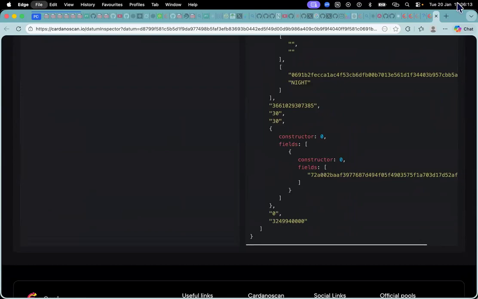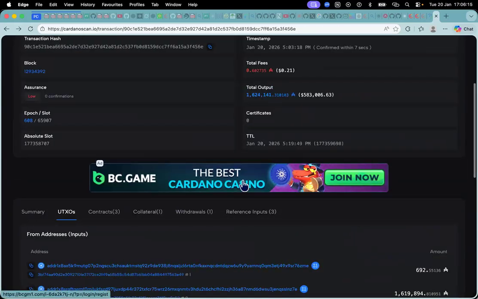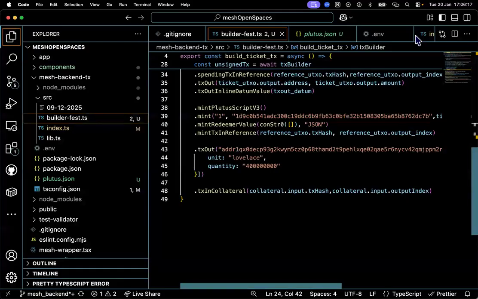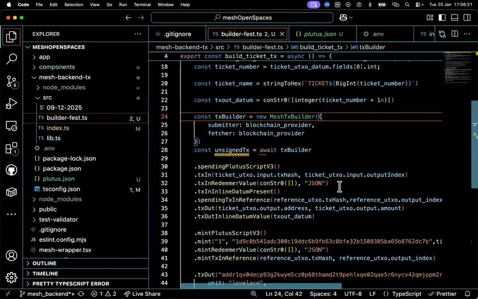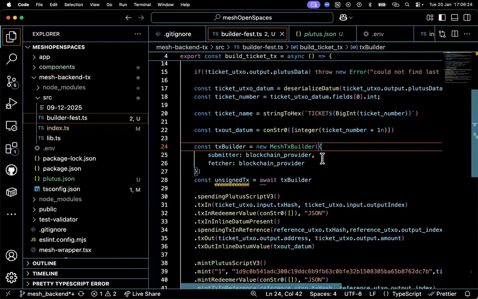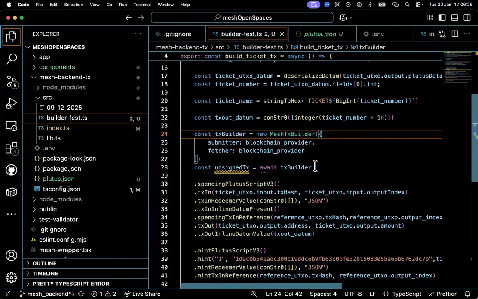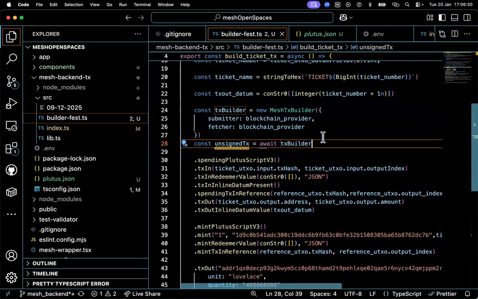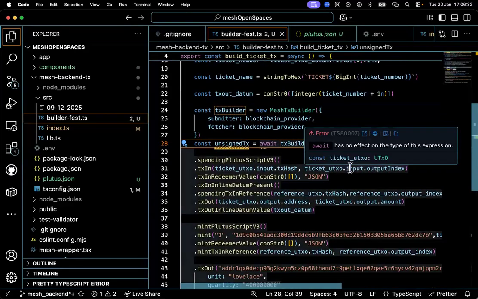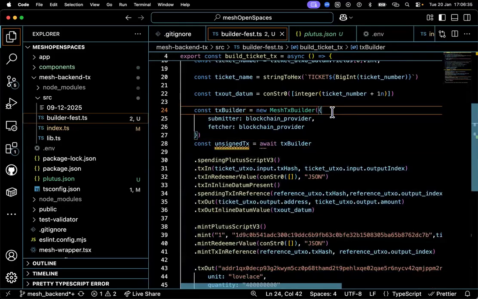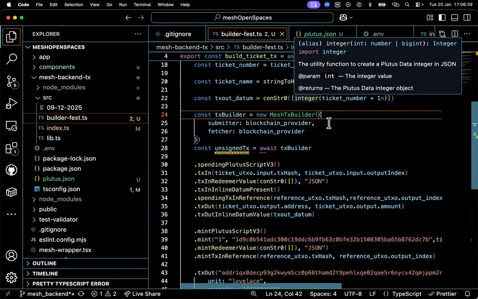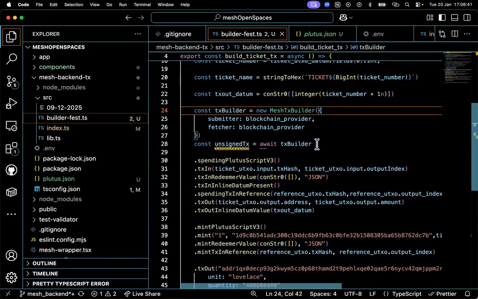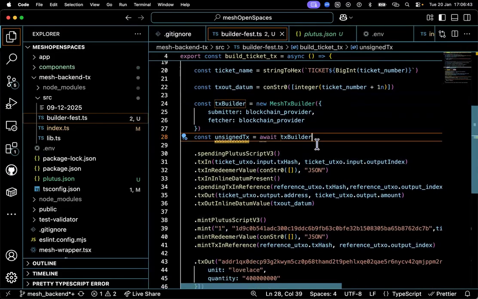I see. So the ledger doesn't convert all integers to big integers. No, not at all. Now I just want to clarify this small point. In our plutus.json, it is expecting an integer, right? So when it expects an integer, we can pass in an integer or a big integer, and it'll pass anyway? Exactly. Yes. Ah, I see. Got it. Cool.